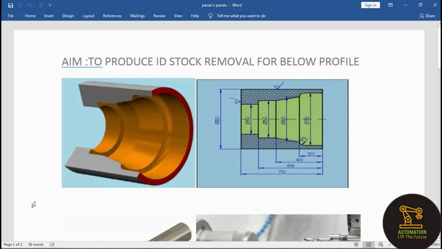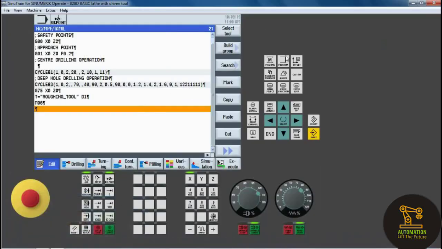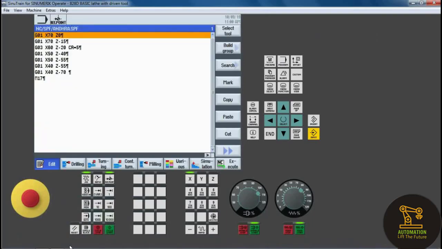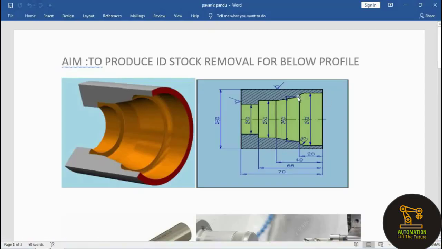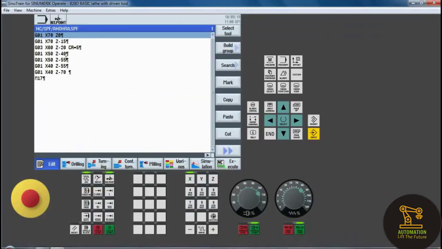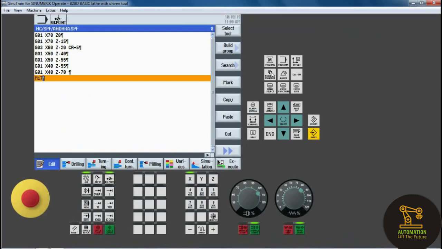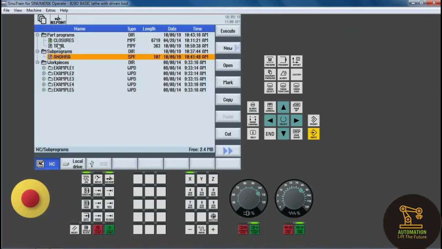So next one is stock removal is required. For the stock removal, before we created a subprogram file, and see it, any errors are there, and check it, and there is no errors. So go to main program file